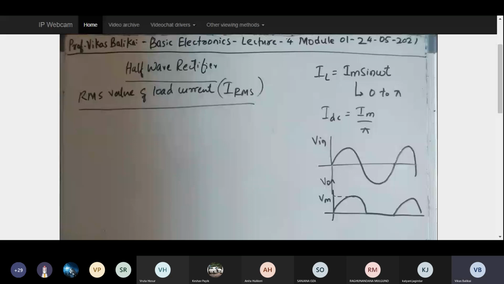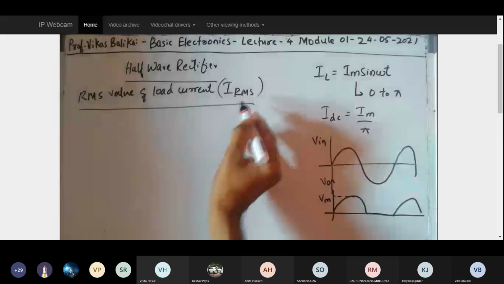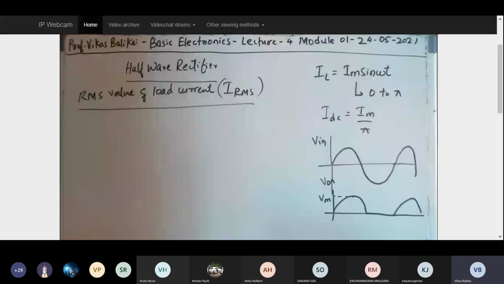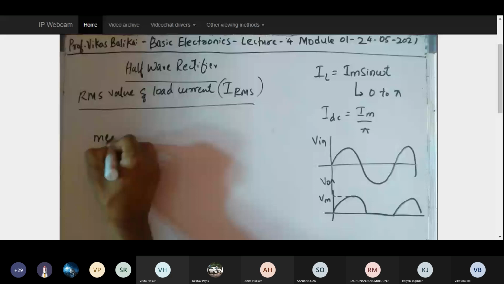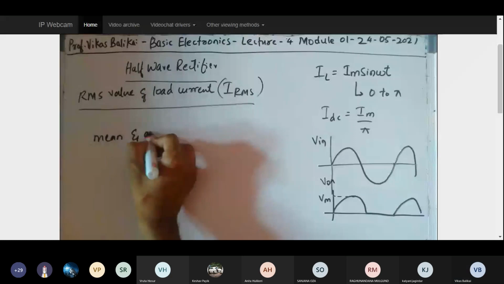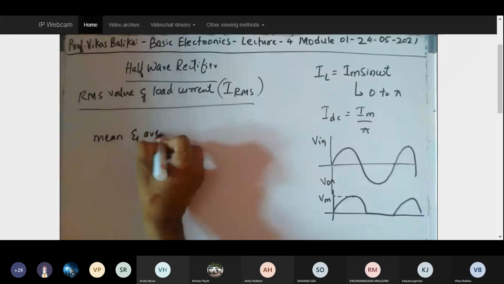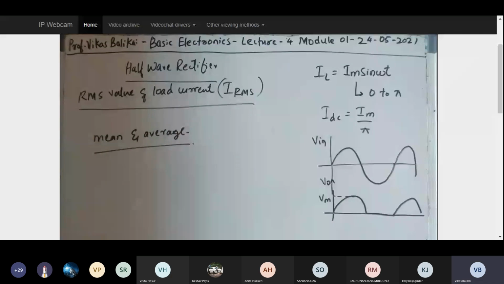Now if I talk in terms of RMS value or root mean square, let me give some glimpse about why we call it root mean square. Can anyone tell me the difference between mean and average, or are they the same? What do you think? Mean and average, are they the same or not? No, sir. You might be feeling sleepy, but bear with me. I'm not going to make you feel bored.